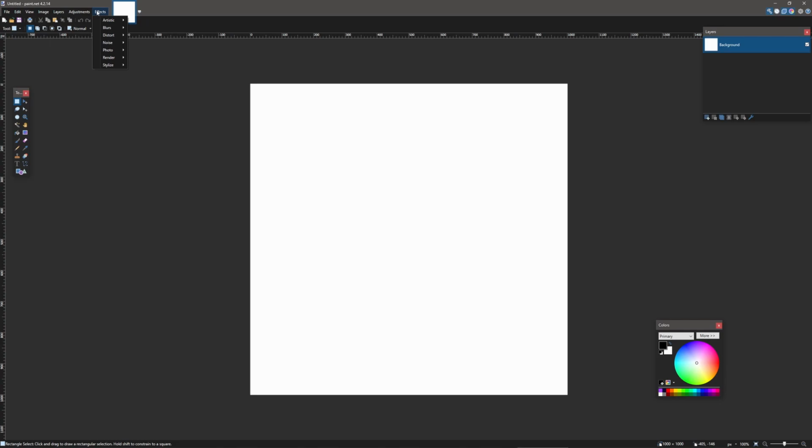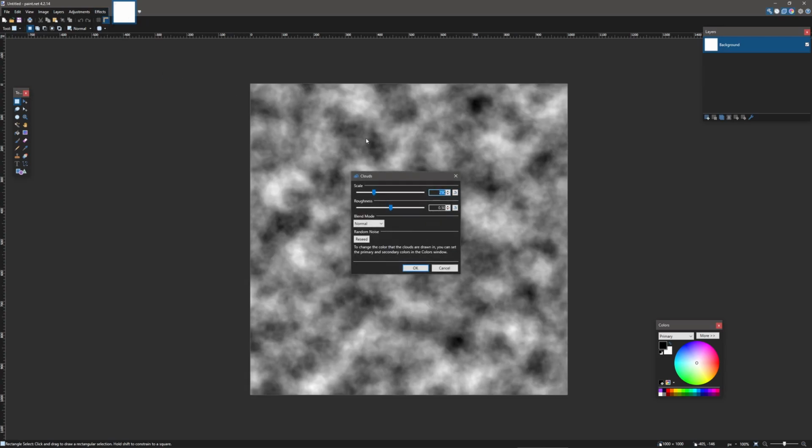As soon as you open paint.net and create your new image, you can go all the way to the right to the effects tab up here. Click on that, it will open a drop down. Click on render, or open it by just hovering over it, and click clouds, and it'll load noise that makes the shape of clouds.